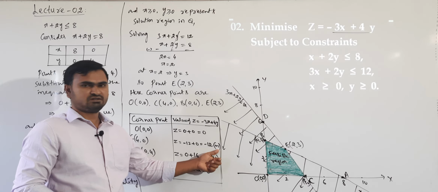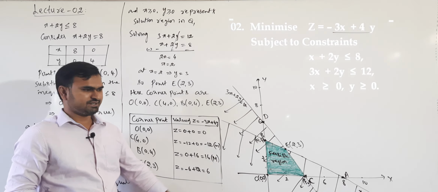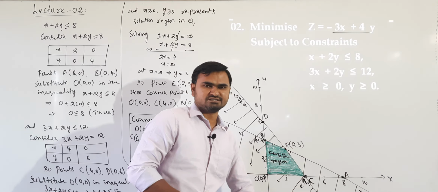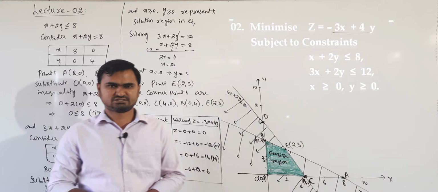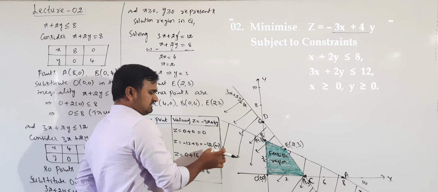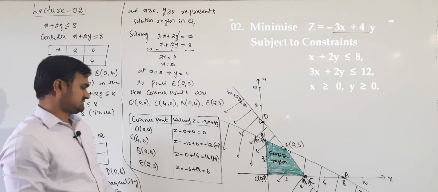Small m is the minimum value and capital M is the maximum value of z in case of a bounded feasible region. If it is unbounded, then the minimum and maximum may or may not exist. Again, that we do not discuss here. So here, bounded region means both minimum and maximum exist. So that is what we write